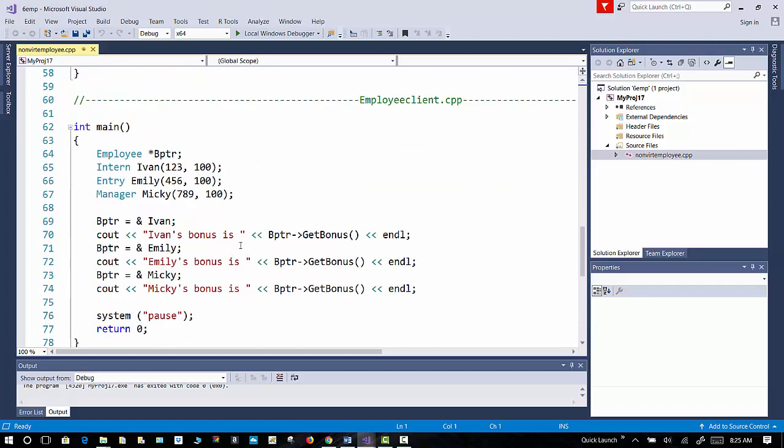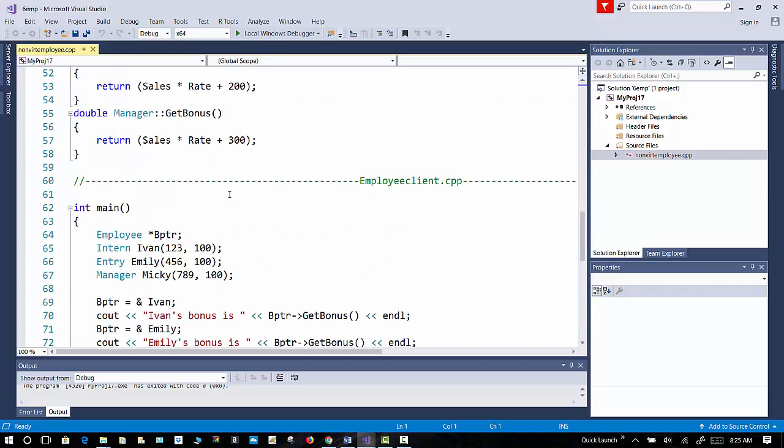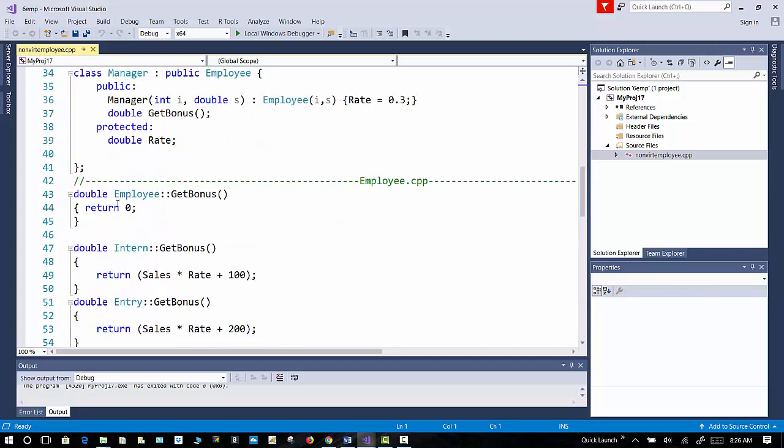So if we look at the client program here, what we're going to do is create a base class pointer employee and then instantiate three objects, an intern, an entry, and a manager. And then we're going to take that base class pointer and point it to each one of these objects one at a time. When we point it to that object and use the base class pointer to call on the get bonus function, because that's a base class pointer, it should simply call on the base class get bonus function,